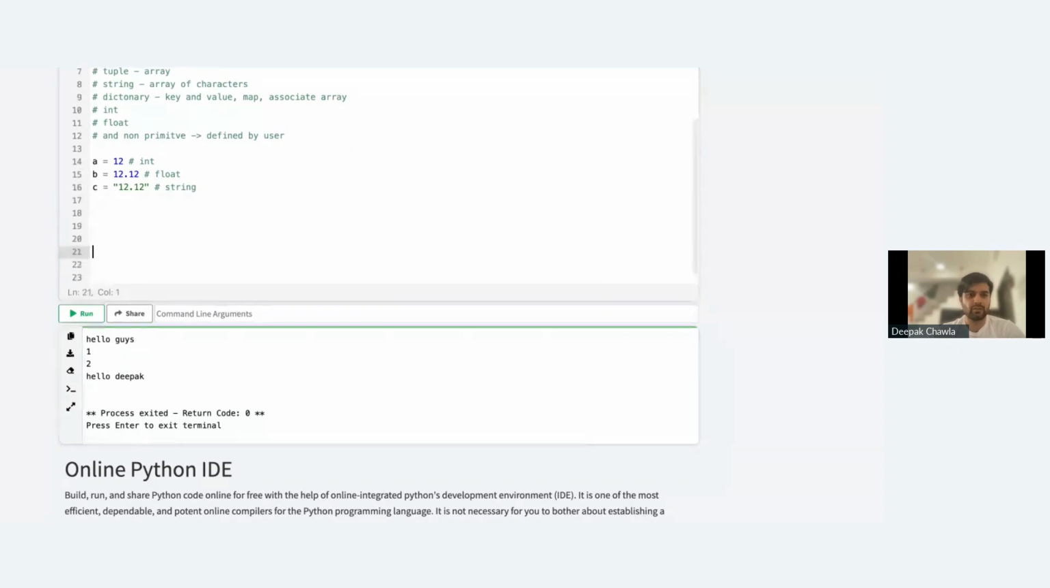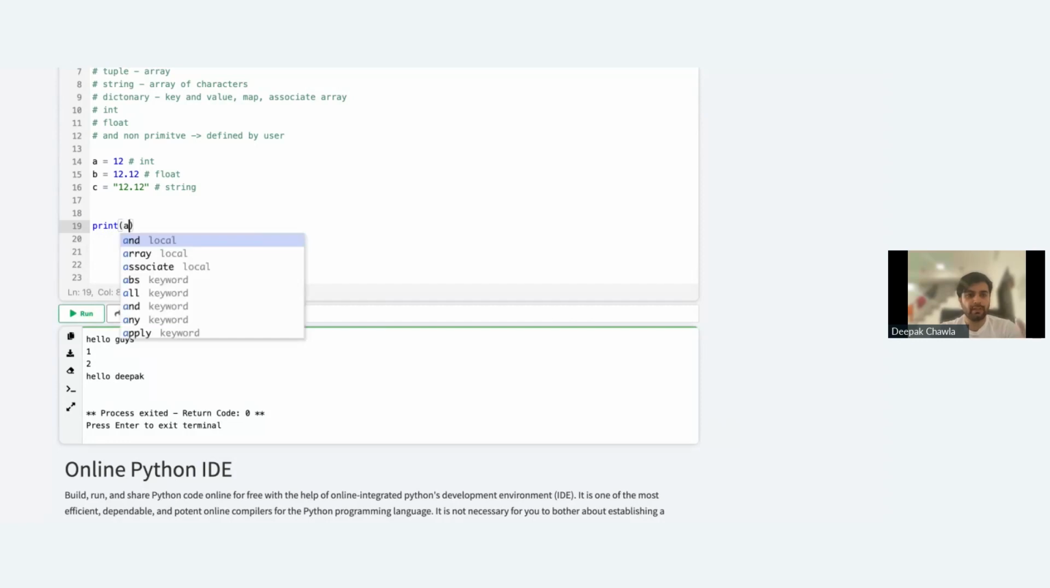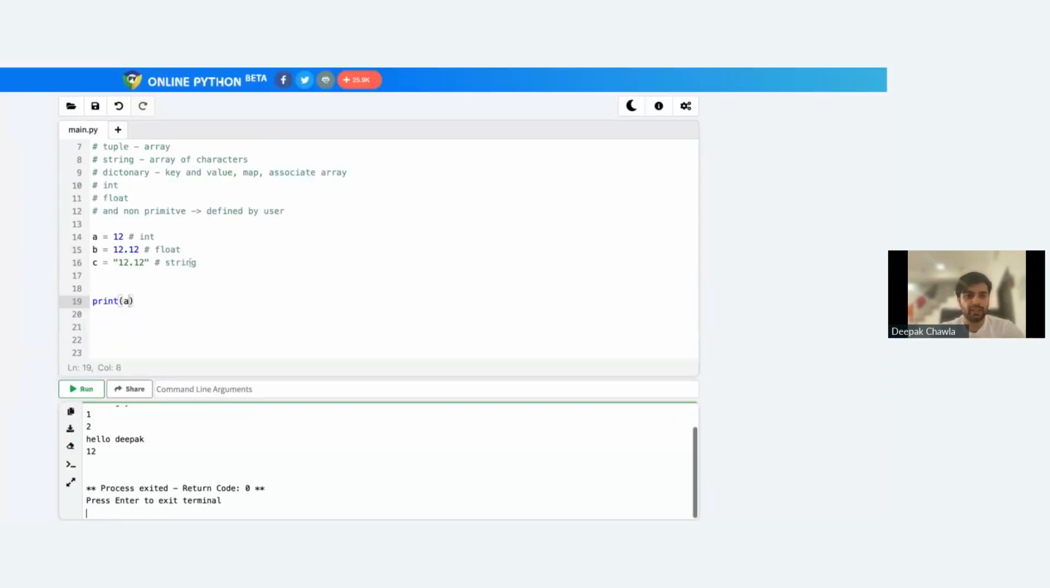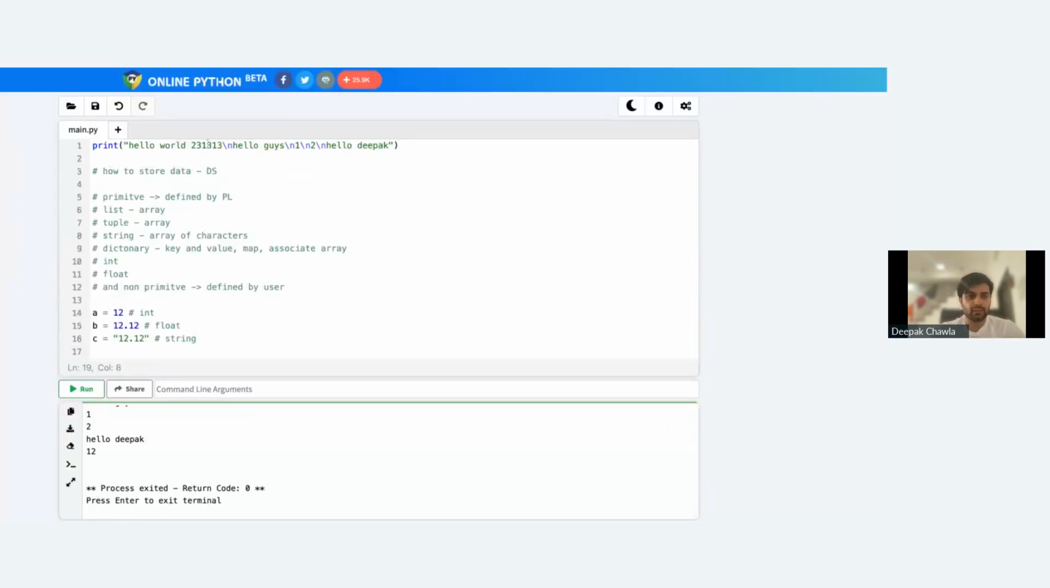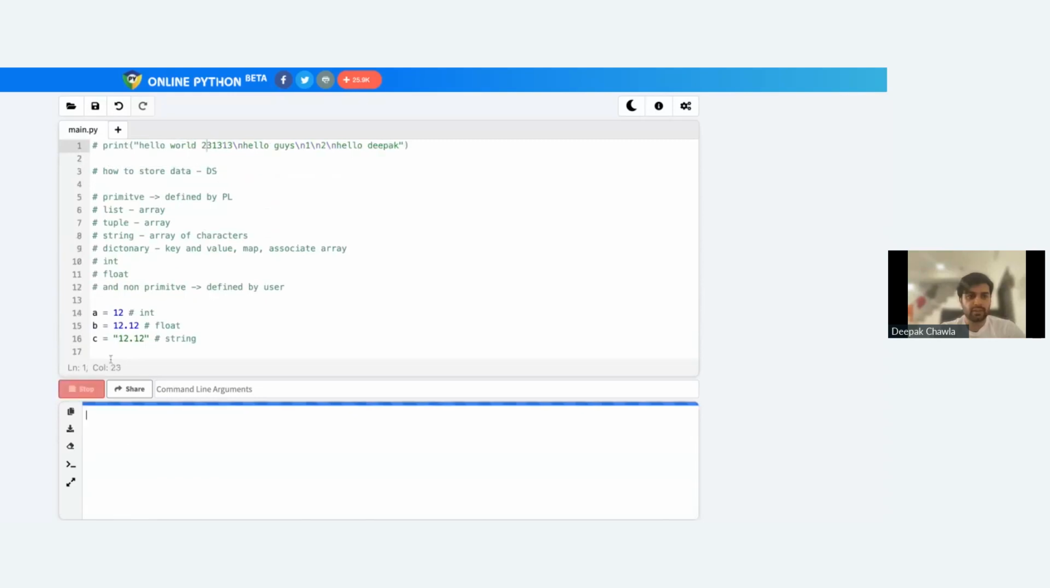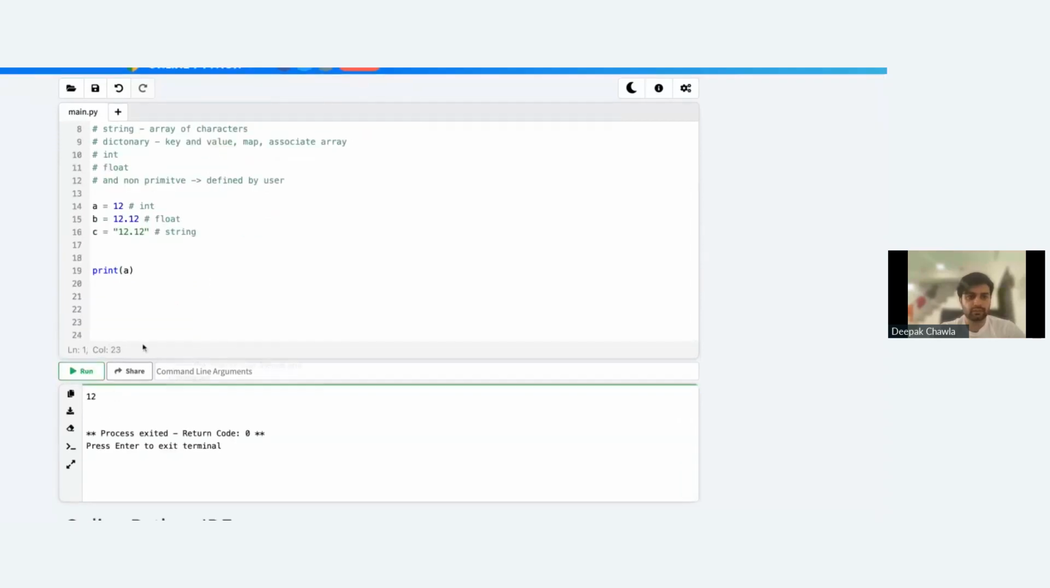Okay, now we are going to print one by one. Now we already know how to print. If you want to print a particular variable, just print a. So it will just print a. See, just comment it out. This one also. See, this is 12. Okay, now we know very well that with slash n we can do something like this. So b,